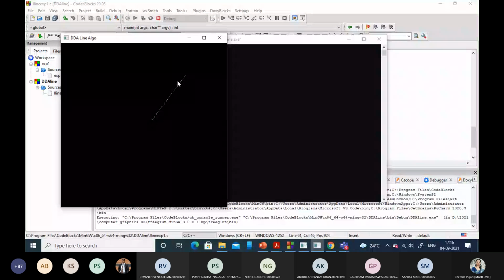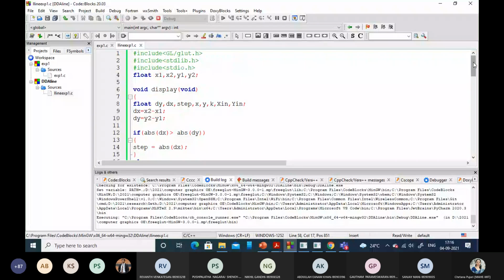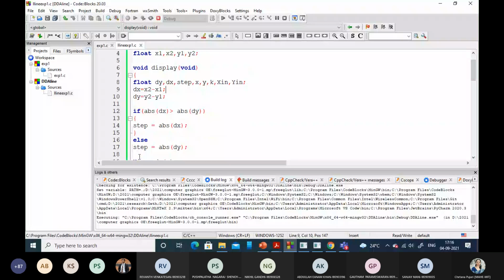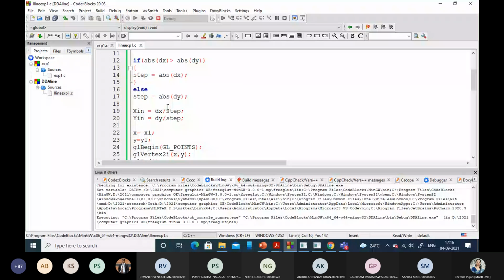To avoid that, we go for the Bresenham line drawing algorithm. The algorithm we have already seen. This is just the logic, and you can write the logic in your own way. There is no hard and fast rule that this is the only way, but the concept will remain the same. Here we calculated the difference. We checked whether x is greater than y, and accordingly you set your step value. It is similar to the algorithm we discussed. Then you decide your x increment and y increment values, which are the difference divided by step. Then comes the initial value of the x and y variables, and then you begin plotting.